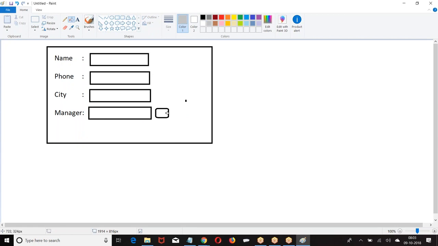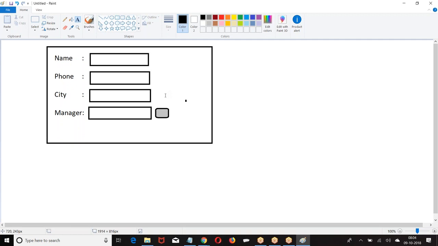Whichever person I am selecting here as a manager, the record should be shared with this particular person. Now, do you always select the same person? I may select some person, you may select some other person. So it is not static. Then how will you share a record with this guy? Whomever I am selecting as a manager, the record should be shared with that manager.